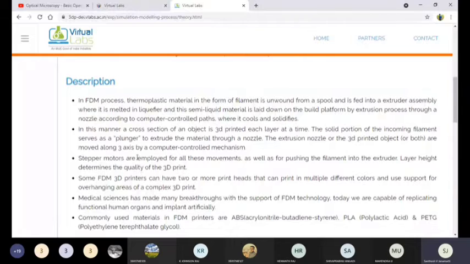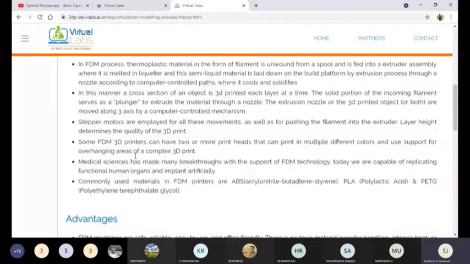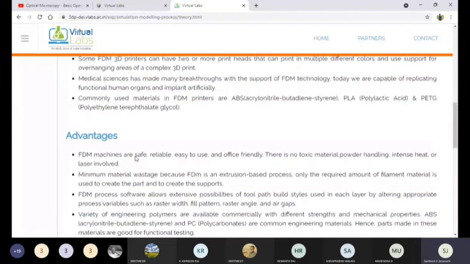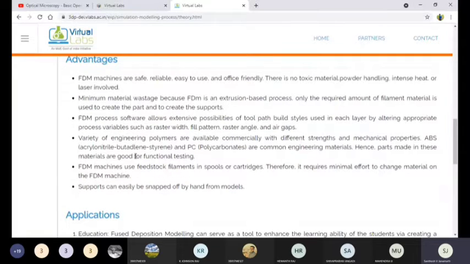Now I will highlight some advantages of this process so that we can understand the strength of these machines. FDM machines are safe, reliable, easy to use, and office friendly. There are no toxic materials, powder handling, intense heat or laser involved. There is minimum material wastage because FDM is an extrusion based process.